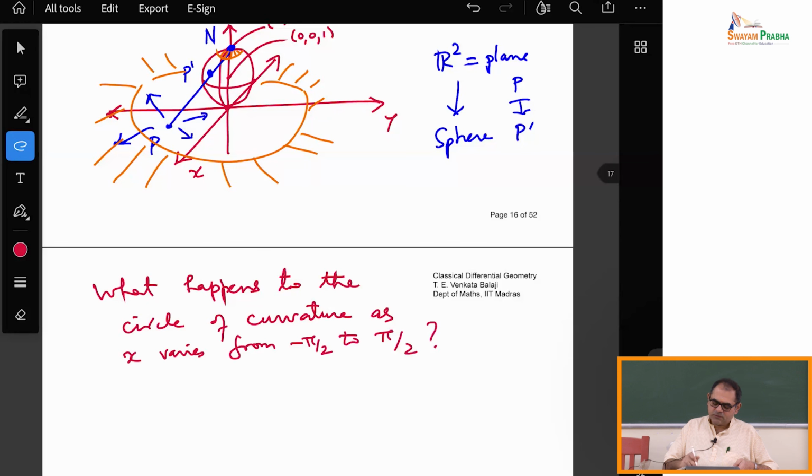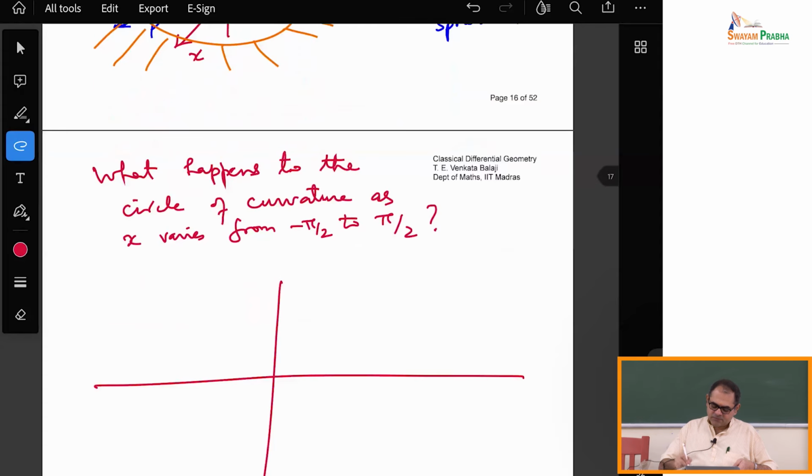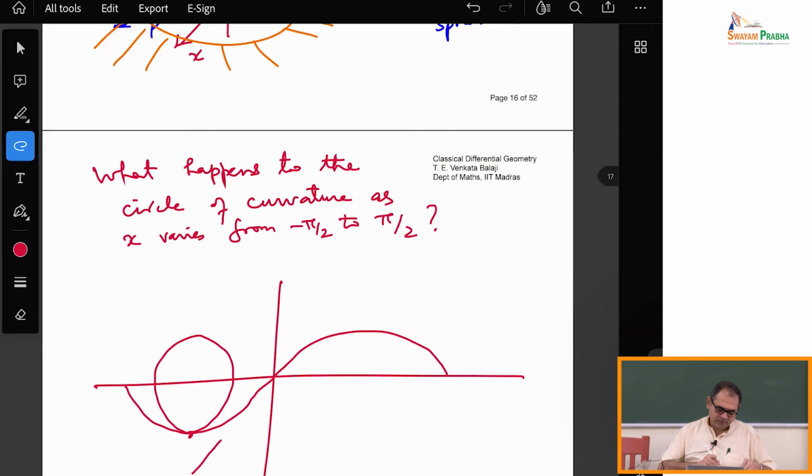So from this picture, you see here is the curve, and at this point you have maximum curvature. The circle is like this. Now at the origin you have the straight line, and then here again you have the circle of curvature like this, and in between what is happening